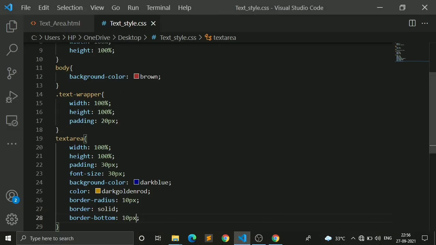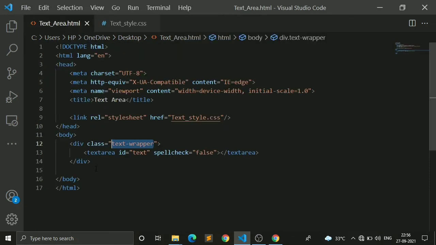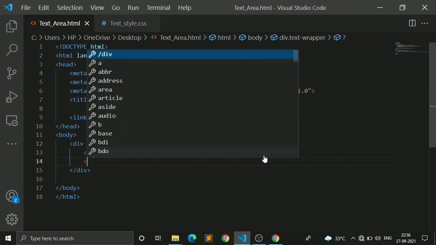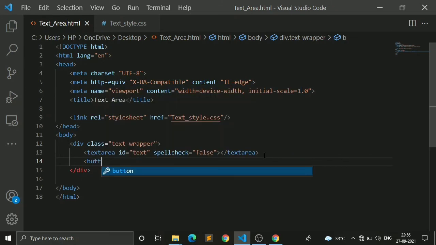So I will go in HTML and use a button tag for creating a simple button, and this button will create a simple button for us, and I will apply some attribute on click, set text. I will give a set text. Yeah, it is okay, and I will give some name for it.